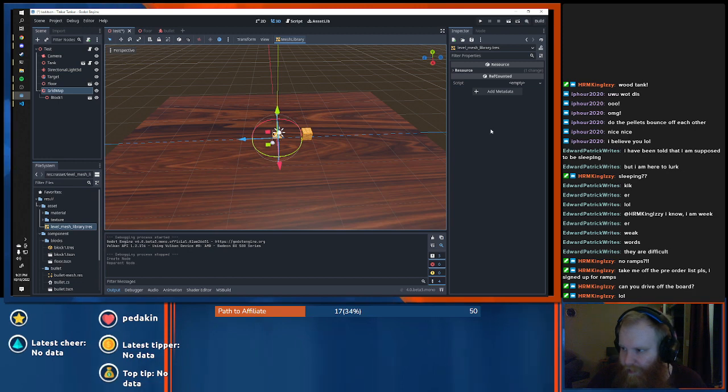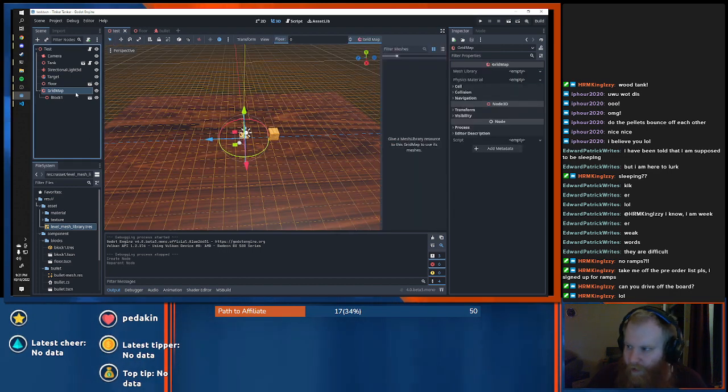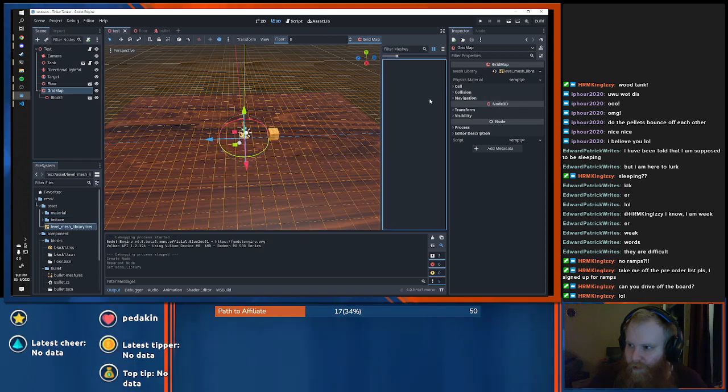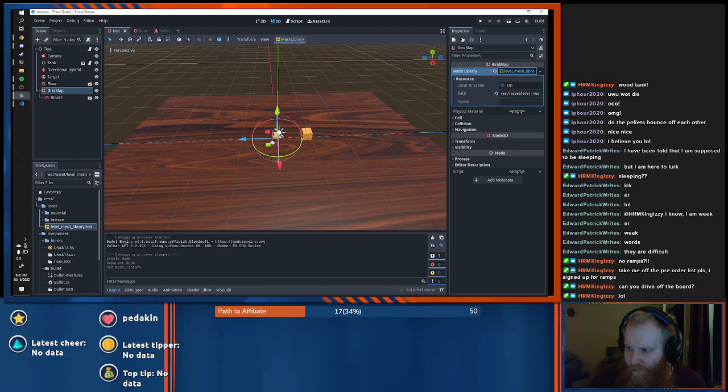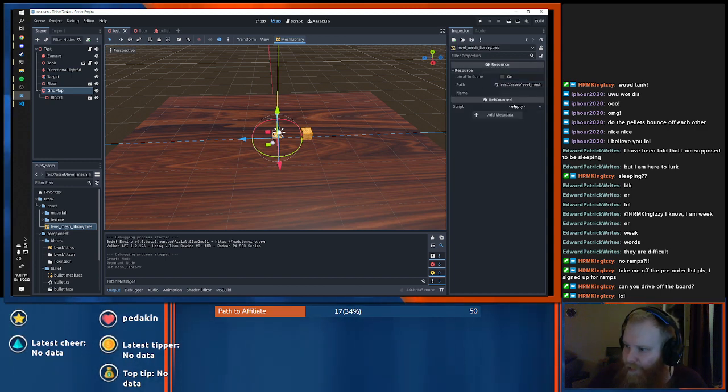What do I do with this? Okay, what if I click on this and give you a mesh library? I don't... Mesh library, resource. Do I have to... Okay, let's look at the documentation.